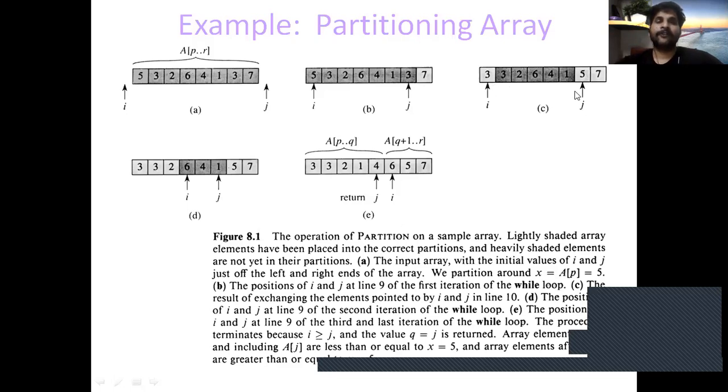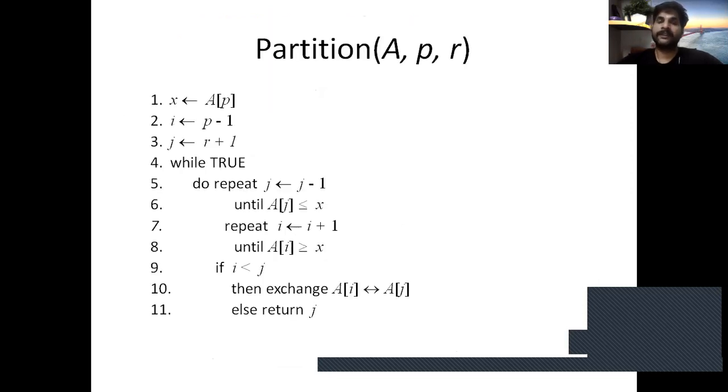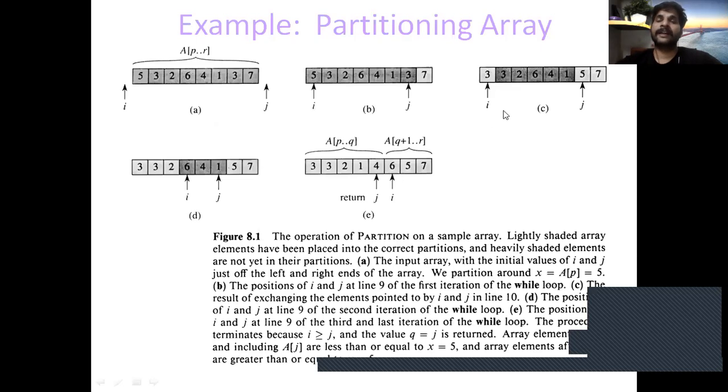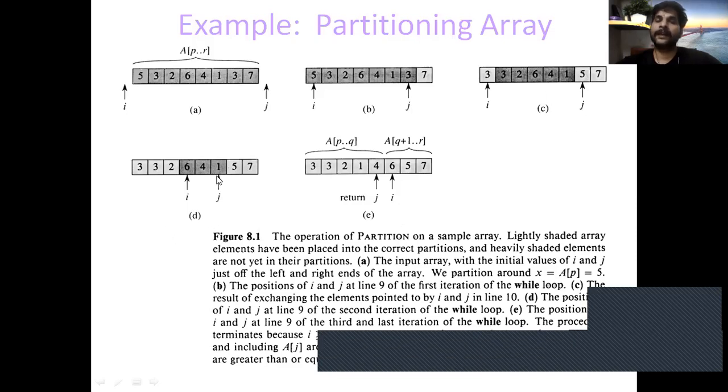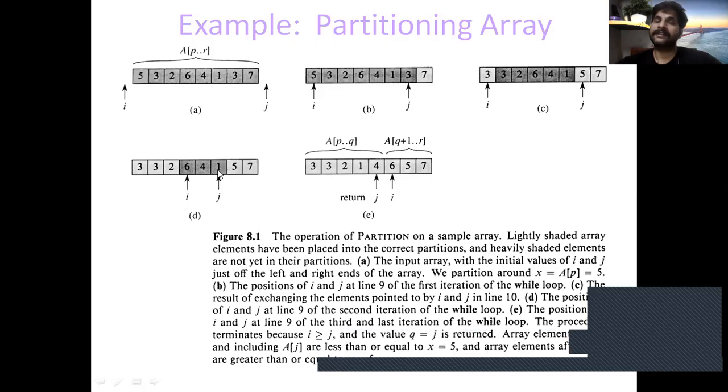Next, we apply j equal to j minus 1 if array of j less than or equal to x is false, then decrement happens; if it is true, then no decrement. So we checked array of j less than or equal to x, the condition was false, so it decremented to 1. And now array of j less than or equal to x condition became true, so j stops. Now check the value of array of i greater than or equal to x, condition is false.